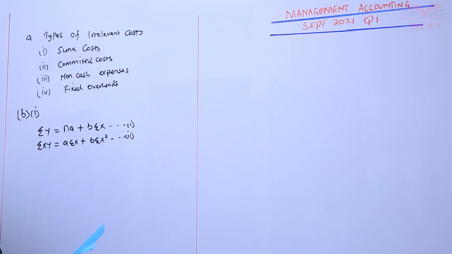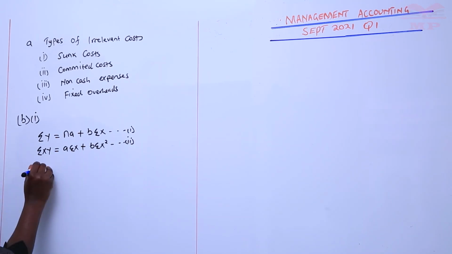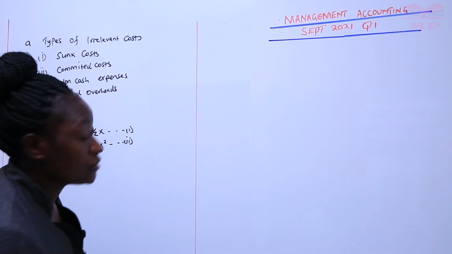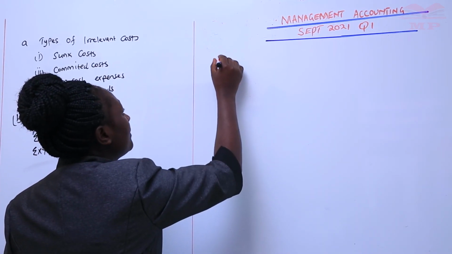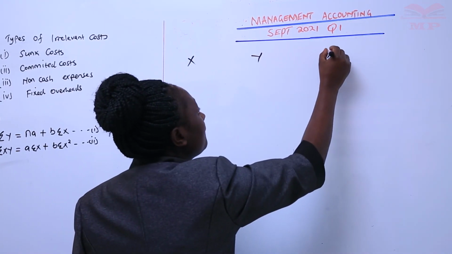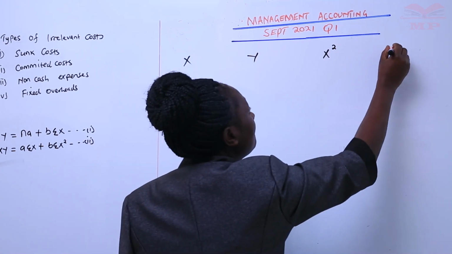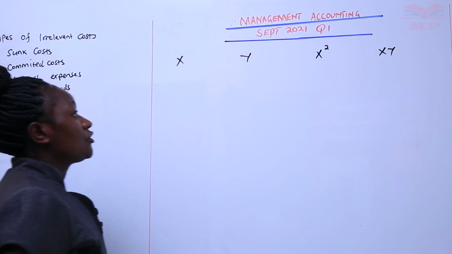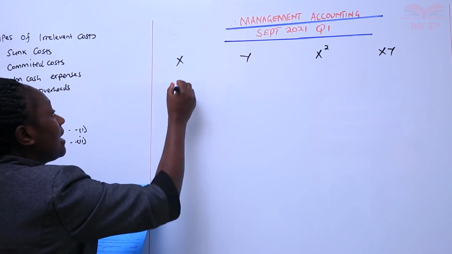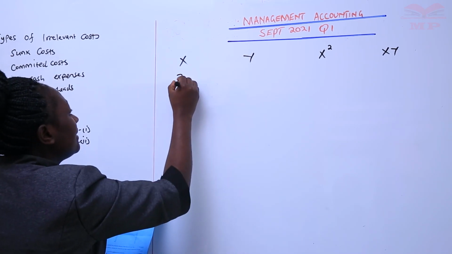So how do we do this? This is the format we use. We'll have it in a table format. Because of space, we can use the other side. So we'll have our table this side. We'll have x, we'll have y, we'll have x squared, and then we'll have xy. We've already been given the values of x, which is the level of activity, and so we simply write the figures. So we'll have 30,